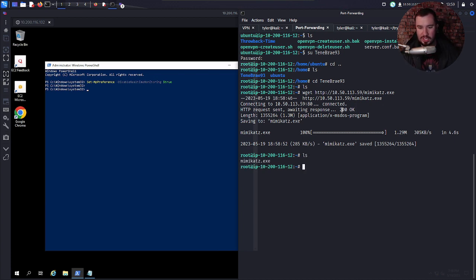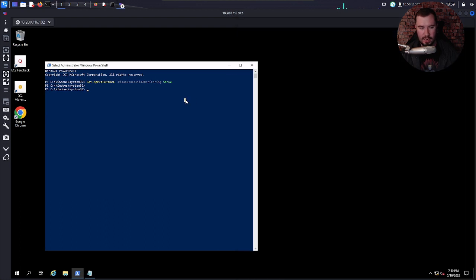Okay, so what we did is we transferred the binary to this because this is the VPN server, and I think we can now do sudo python3 -m http.server, and we'll do 8080 because I don't think that port's running. Let's see if that works. Okay, and then from here we can do wget.